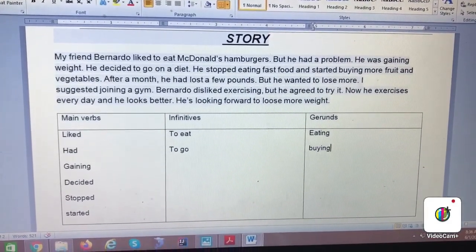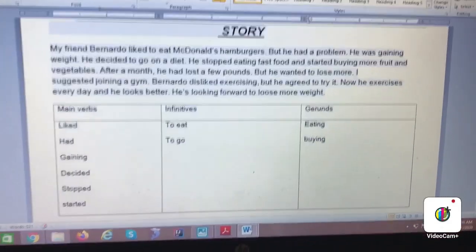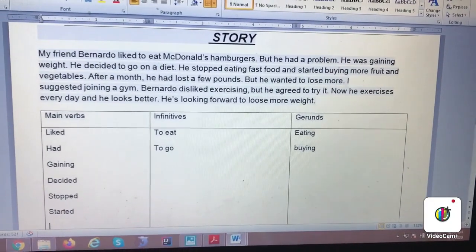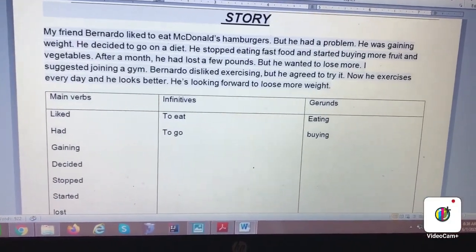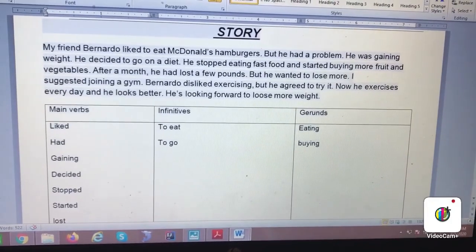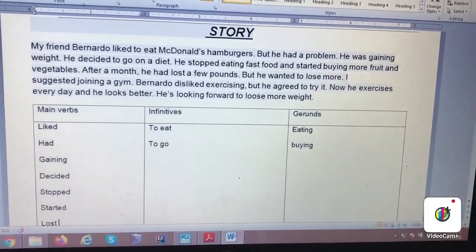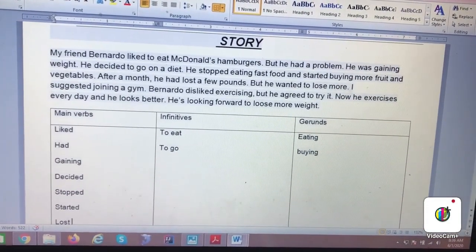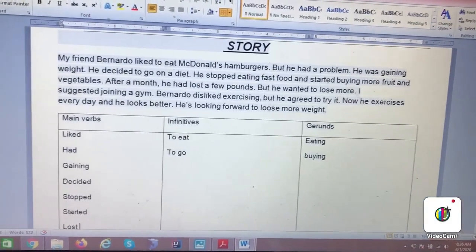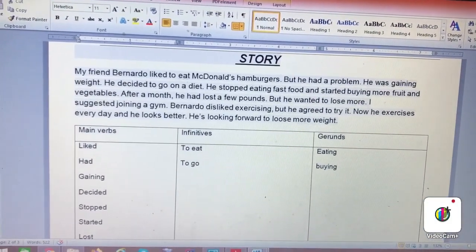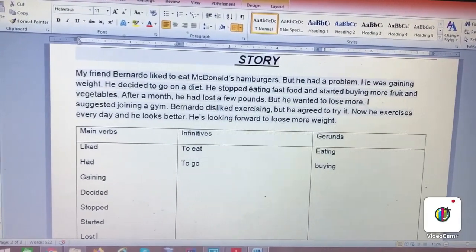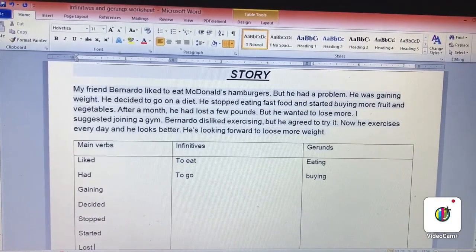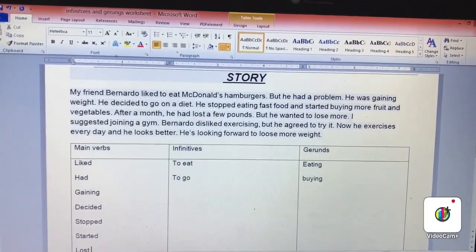After a month, he had lost a few pounds. Okay, this sentence is in perfect tense and here the verb is lost. Now you might be having a confusion that we considered had as a main verb in the second sentence. You can see we are having had on the second number, but why are we not using had here? Had acts as auxiliary verb and main verb, as both. In the second sentence, had